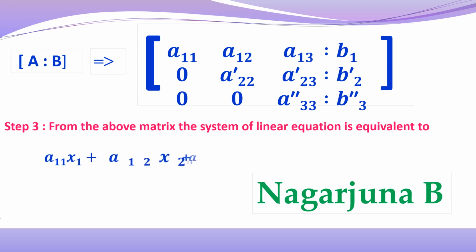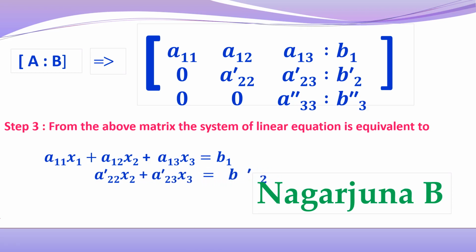A11x1 plus A12x2 plus A13x3 equal to B1. Next, the second row of the augmented matrix, the first element is 0, right? That means 0 multiplied with the x1 term will be 0. Therefore we won't write that x1 term, the remaining terms we will write. Therefore the second equation will be A22x2 plus